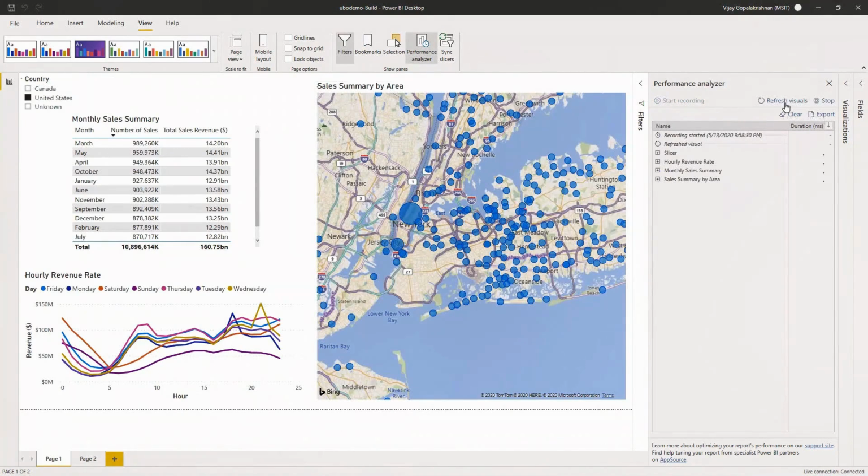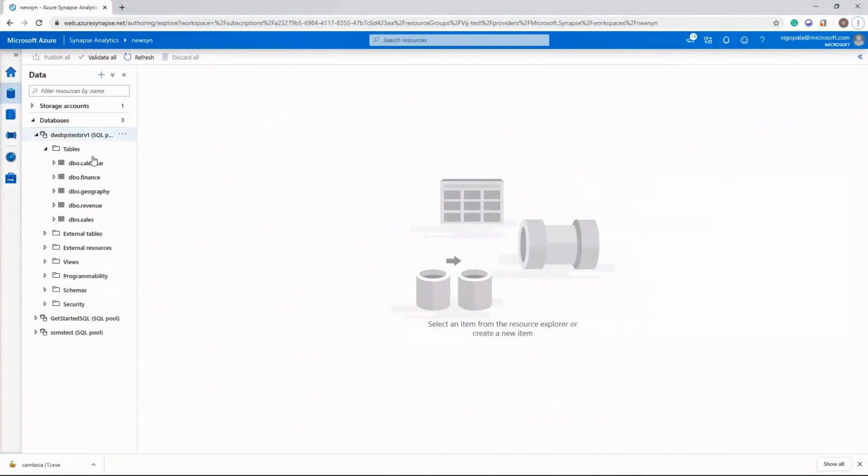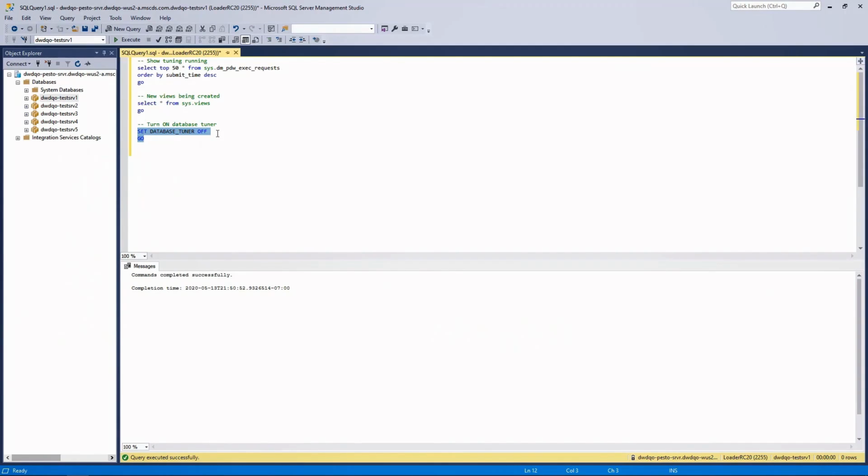You can see I'm running my performance analyzer in Power BI Desktop, and the performance analyzer is kind of rotating its wheel and trying to figure out performance. I'm going to show you an experience now where I go in and enable this recommender for materialized views. I'm showing you this experience using SSMS, SQL Server Management Studio. When this comes out to all of you, you will have an awesome user experience to enable this.